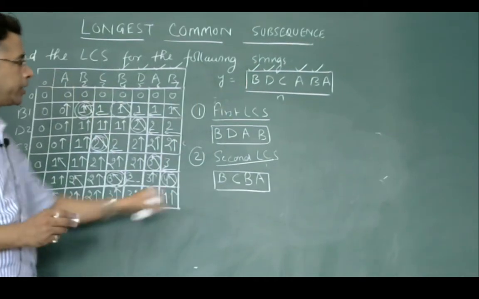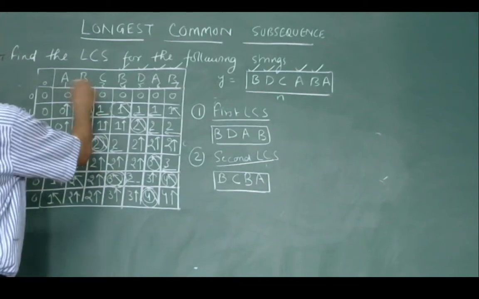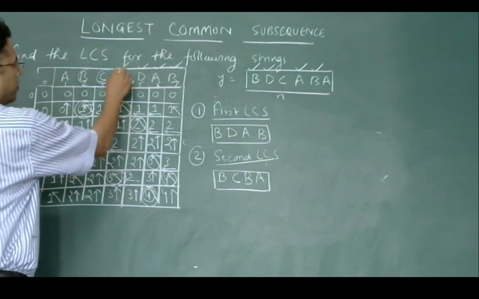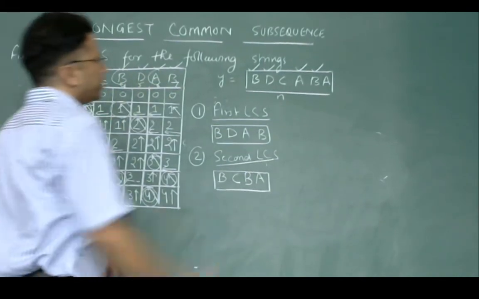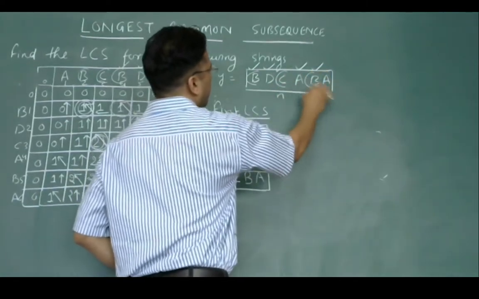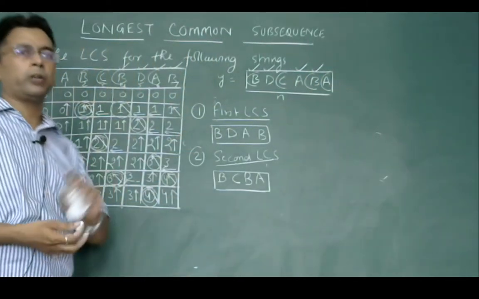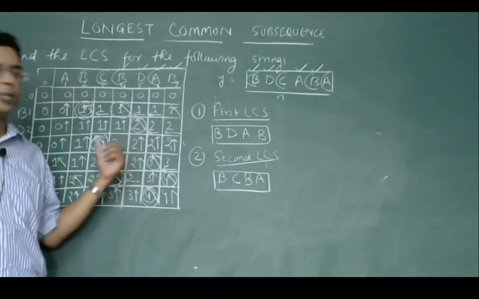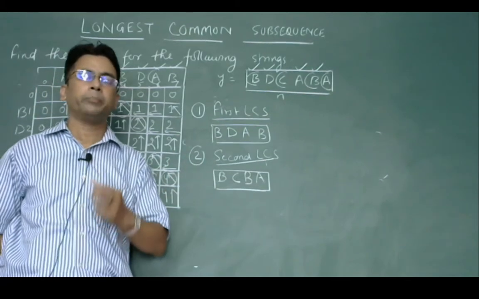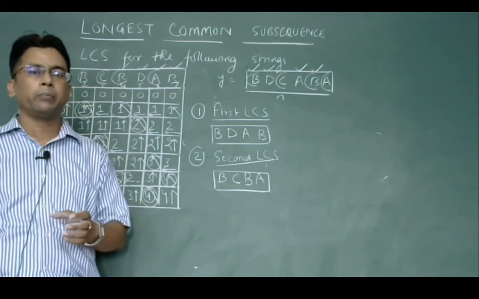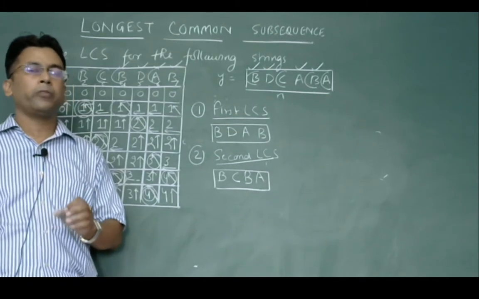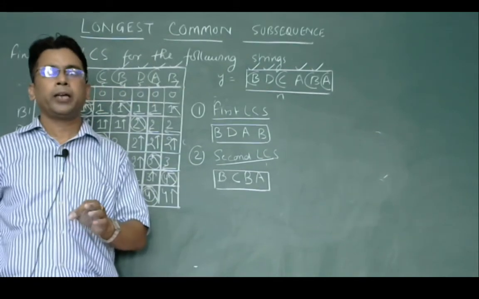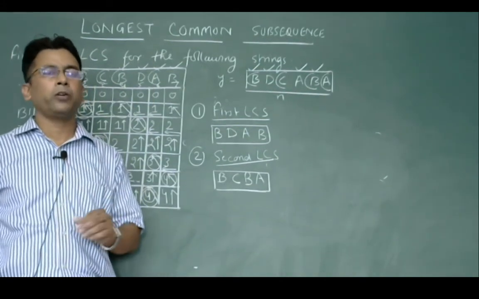And next, the second string is BCBA. I am taking this as a circle, B, C and B and A. Here B, C, B and A. So this sequence also occurs in the second string. So we can verify that we have done it properly and we have got all the sequences. Just you may find out some string, but you cannot claim that this is the only string. But with dynamic programming, you can claim that you have got all the possible solutions, and this is the final result of longest common subsequence.